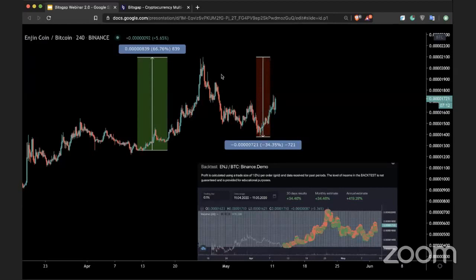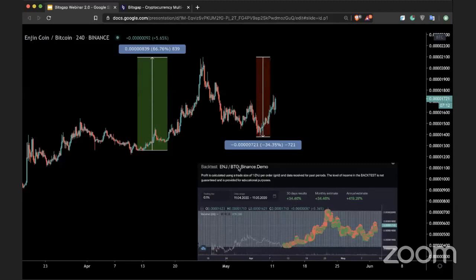And then there was a consecutive drop down, approximately 34%. And during this period, the backtesting, if I would use the bot starting from that period of time, the bot would generate 34%